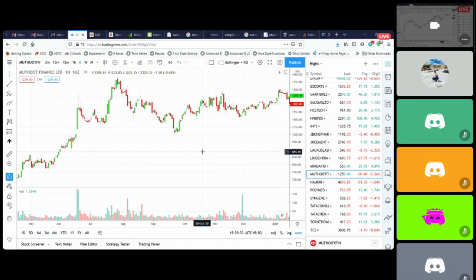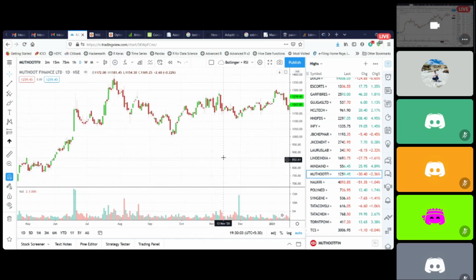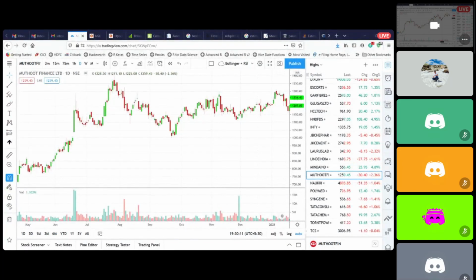So how do you decide when to keep it for the long term, or to exit, or to treat it as a swing trade? I keep both of them separate. When I know that a stock is hitting an all-time high and it fits the long-term investment criteria, I keep both Demat accounts separate. I will go long in the stock in the long-term investing account also. And then for the short term, I will keep looking for short-term trading opportunities in that stock itself. So you have an idea at the start about the trade, whether it's going to be long term or swing type.